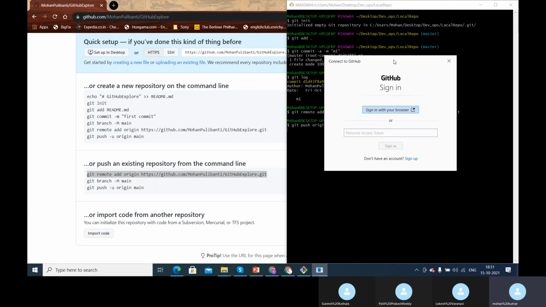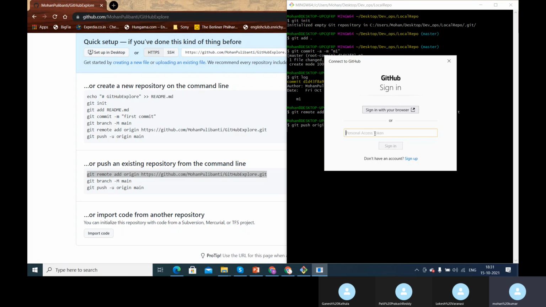Authorization is nothing but, he should be able to log into GitHub using the browser, sign in by giving username and password, but shortly this is going to be deprecated. The only possible way to connect to the GitHub repository in future would be a personal access token. So we need a personal access token to connect to that particular GitHub repository. What is a personal access token and from where do we get this? A personal access token is a token. It's like a key for us. This key will be used by GitHub to unlock its access.